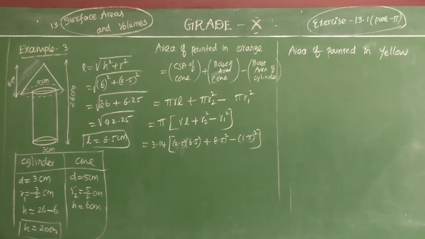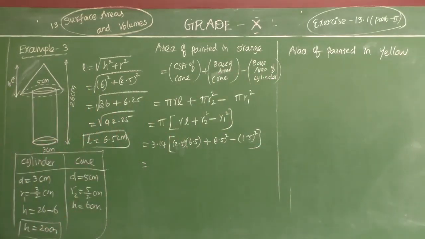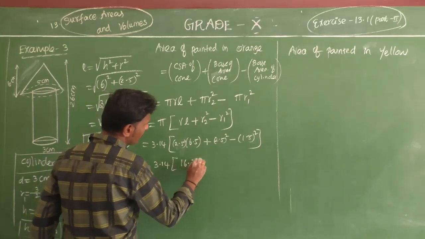First 3.14 into 6.5 into 2.5. Now I'm going to multiply this. 6.5 into 2.5: 5 fives are 25, remaining 2. 5 sixes are 30, 32. 5 twos are 10, remaining 1. 6 twos are 12, 13. So 16.25. So 3.14 into 16.25 plus